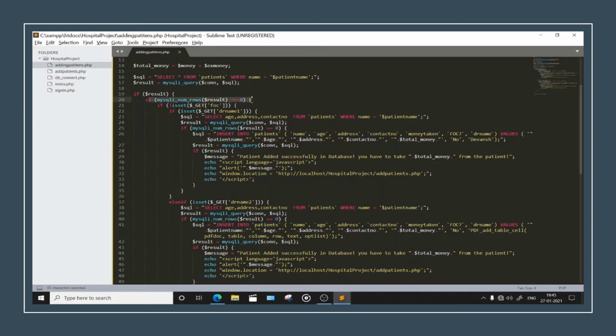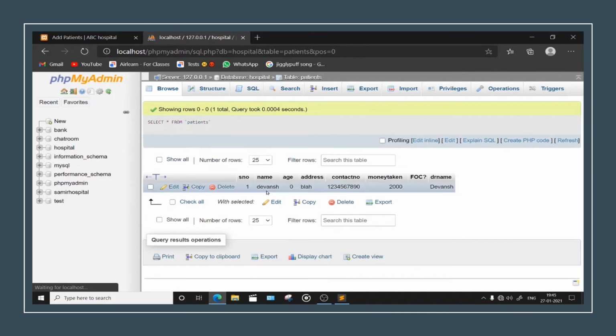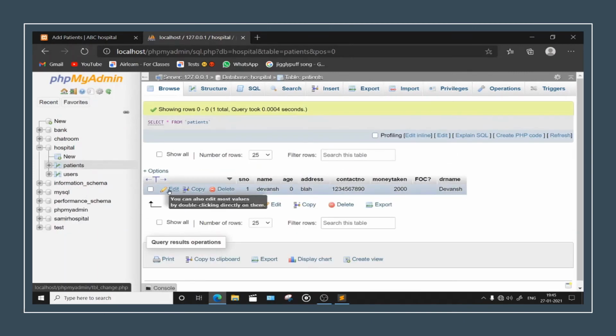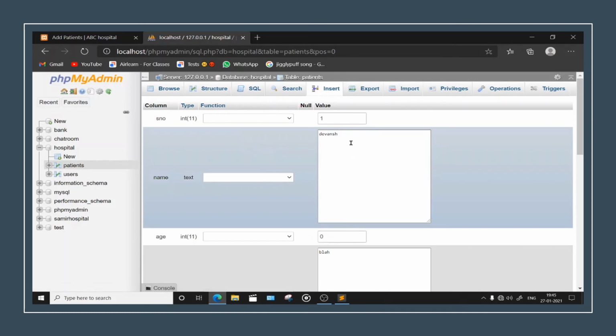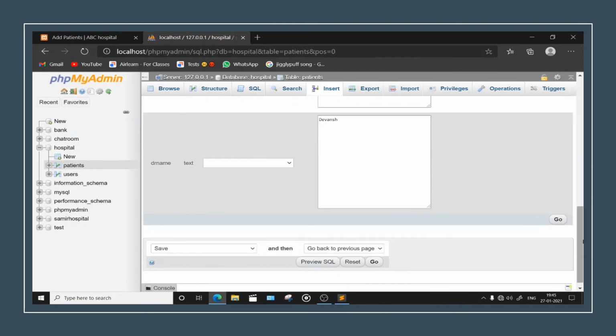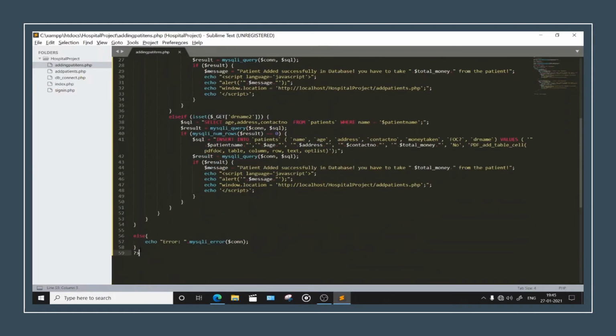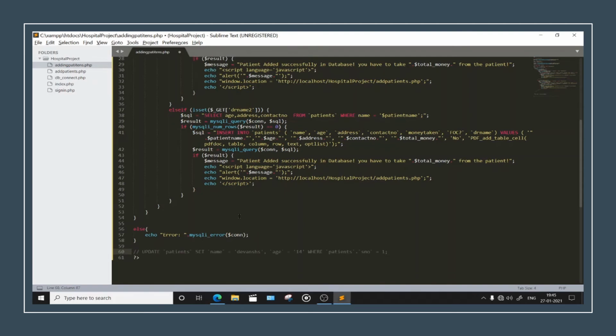Okay, so now we have done it for if equal to 0. Now, what if the patient is already present in our database? Right. So what you need to do is head down to this edit. Okay, head down to this place and keep here Devansh S and change this to 14, and this is all. Head down to go, and this is where the update is taken. Copy this syntax and paste it down here in the comments. Okay, make one comment and do like this.